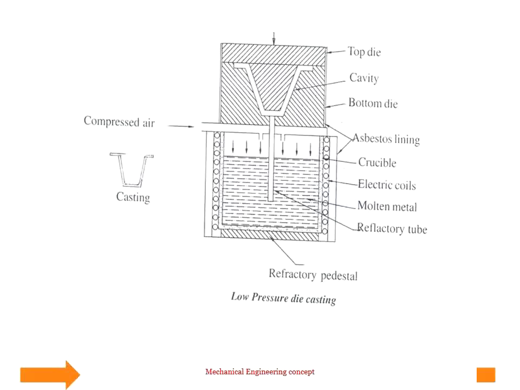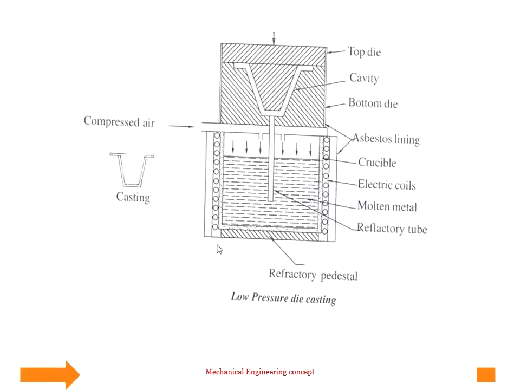The crucible is placed inside a resistance type electric furnace where metal ingots are heated due to the coil heating, and the entire setup is housed in a metal chamber. The pressure is applied immediately after pouring the molten metal. Now this consists of a crucible containing the molten metal. The crucible is closed with a lid having asbestos lining for heat resistance, which has an opening to let the air pass into the chamber.